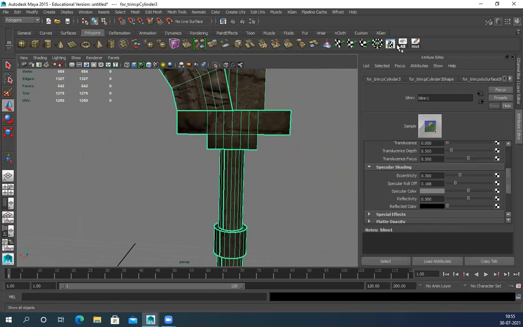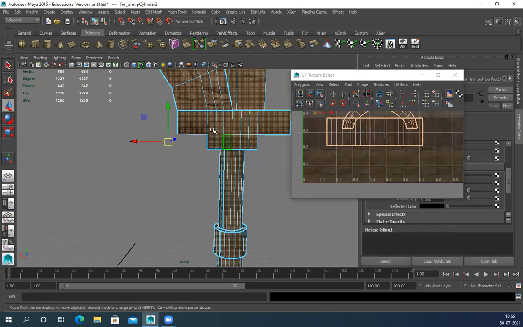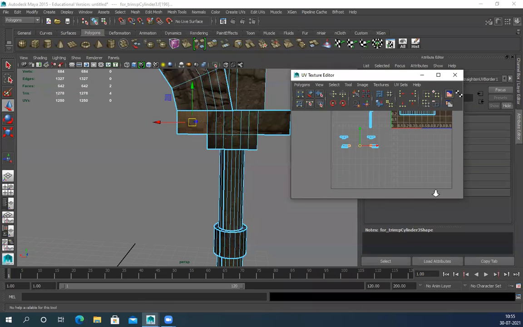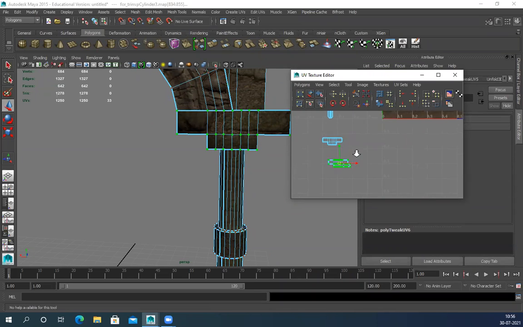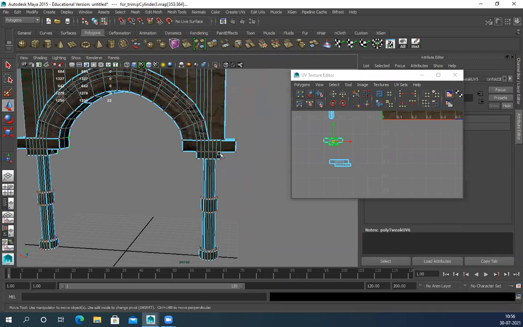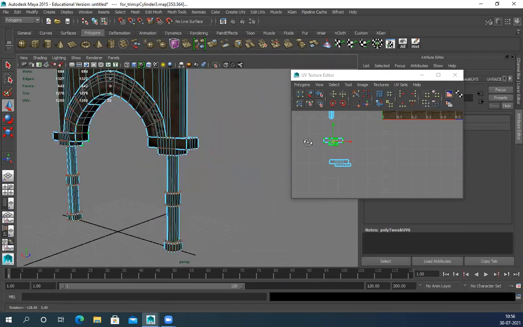Similarly, for this area, this side, I want to use this side.